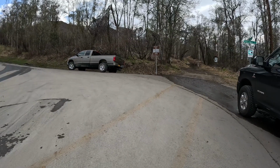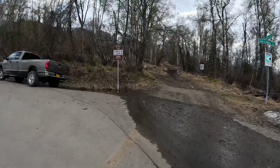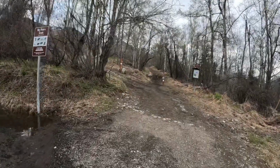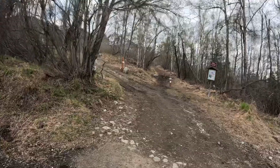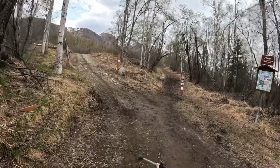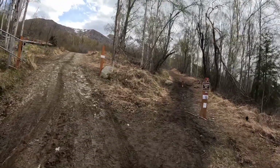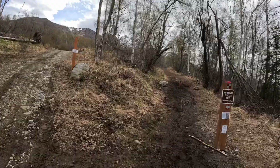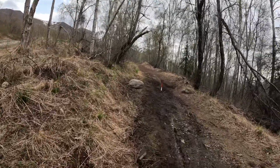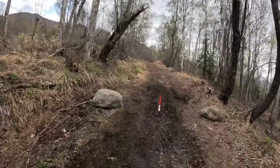Alright, we're over here at the Mount Eklutna trailhead, and we'll be heading up here today. So I believe it's about 7 miles, and then we're going to be somewhere around, I think, 3,000 feet elevation gain, so it shouldn't be too bad, but still definitely a little bit difficult. I don't know how the snow is going to be at the top. Still have quite a bit of snow,